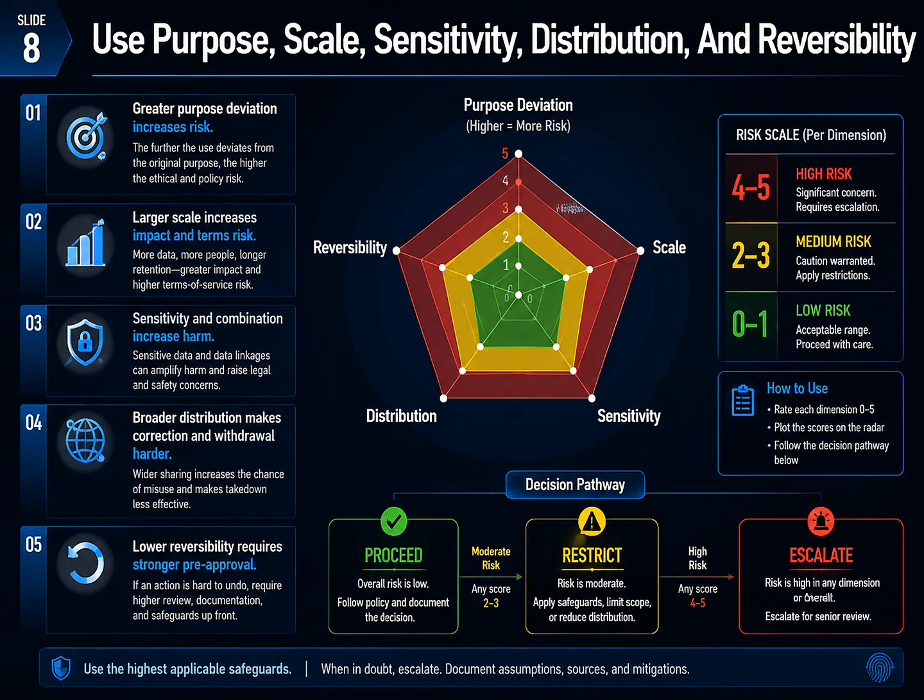Use 5 dimensions: purpose, scale, sensitivity, distribution, and reversibility. Risk rises as use moves away from the original question. Volume grows, fields become more sensitive, distribution becomes more public, and withdrawal becomes harder. An internal review of 5 recruitment posts is limited, focused, and correctable. A public search tool containing 100,000 applicant records raises every dimension. The matrix is not a legal answer machine. It turns "this feels questionable" into specific reasons and sends higher-risk actions to the right review.